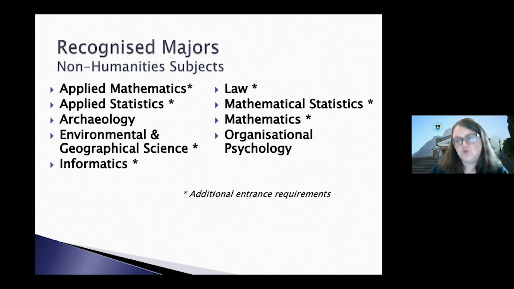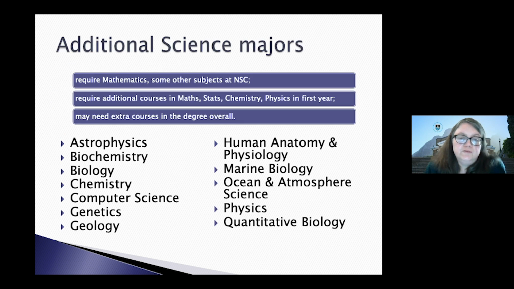So you can't do 2 majors outside humanities. One of your majors must be a social science or an arts major. Okay, we also, and I'm going to cover this very quickly, offer a certain number of the more technical science majors. These are things like biology, physics, computer science.